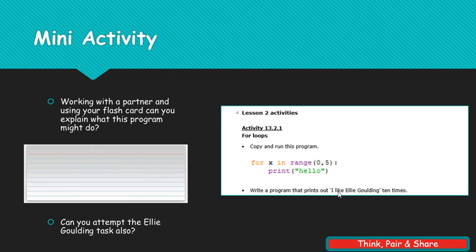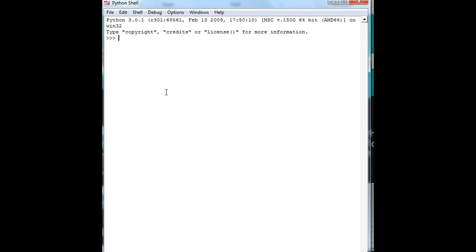We did a mini activity, working by yourself or with a partner. We had a look at this code in Python. So what I'm going to do is pause the video and open up Python, and we're going to have a look at this code and see how it works. Okay, so we're going to run that code. If I type in for x in the range